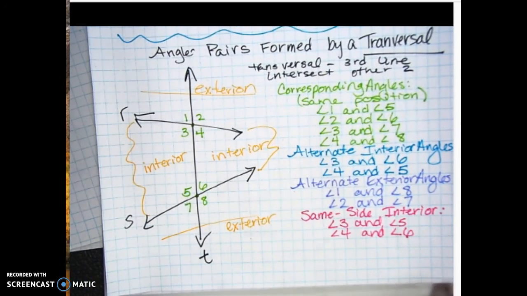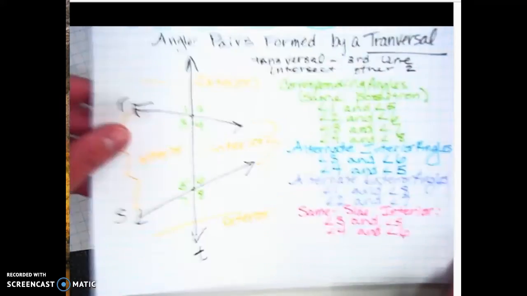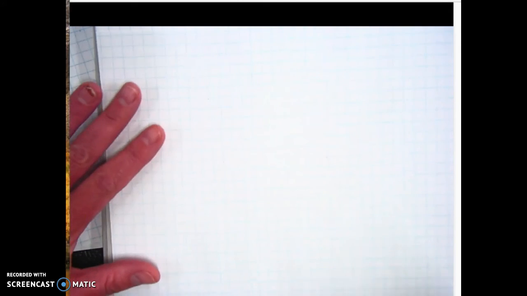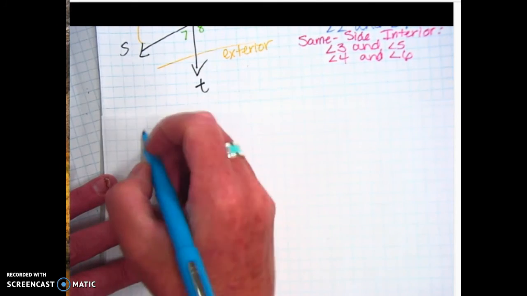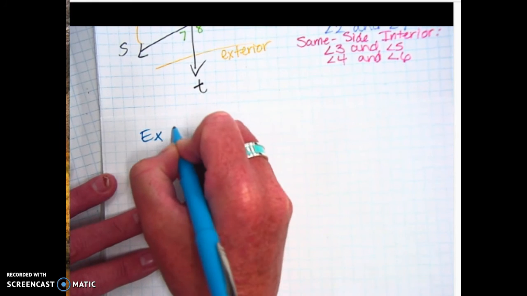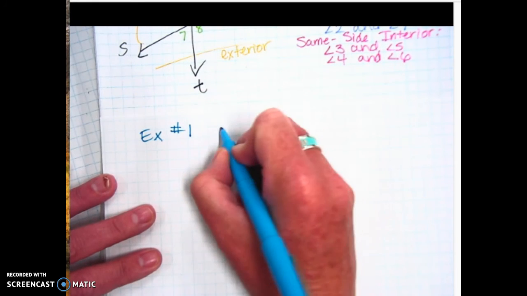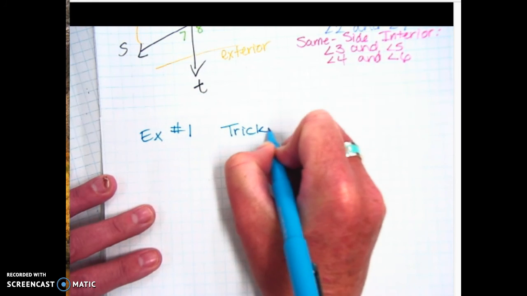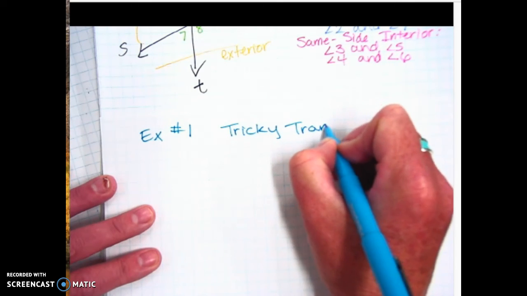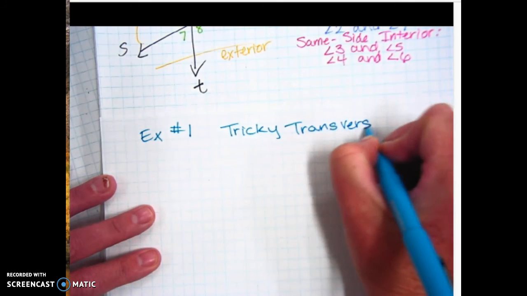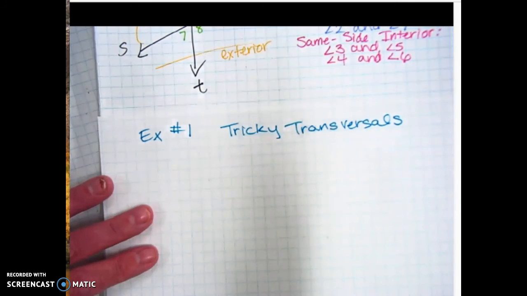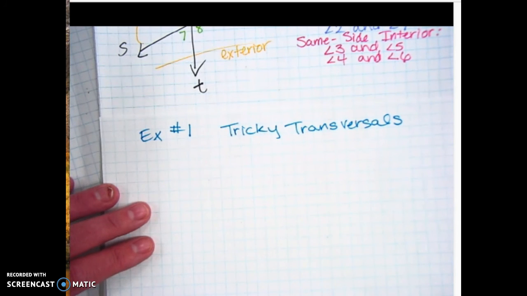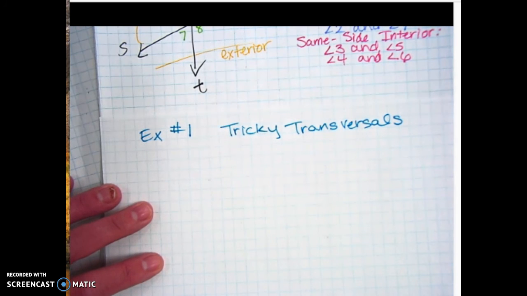Any questions so far? All right, so a lot of the problems on your assignment are basically going to be identifying those. But let me show you a tricky situation. So that's going to be example number 1. We'll call it tricky transversals. Okay, and the only thing that makes it tricky is because you kind of have to figure out which transversal